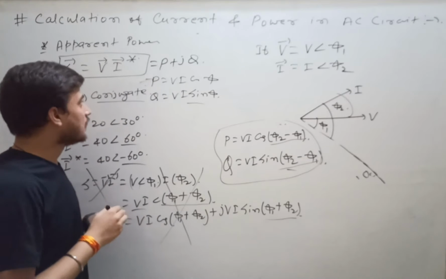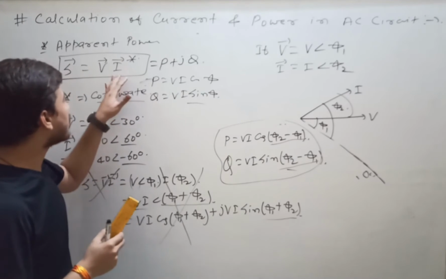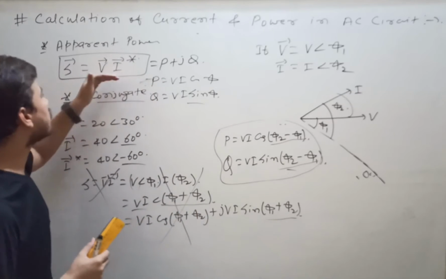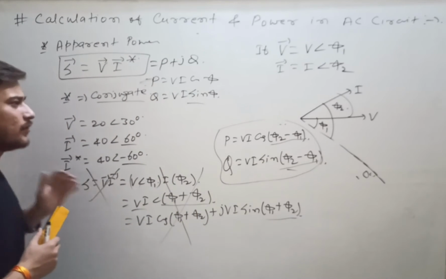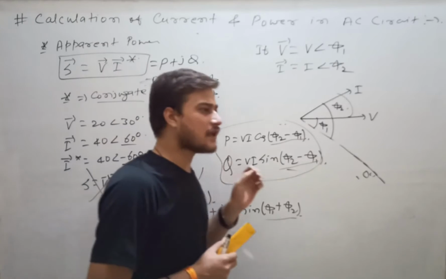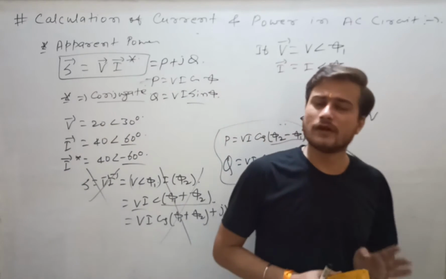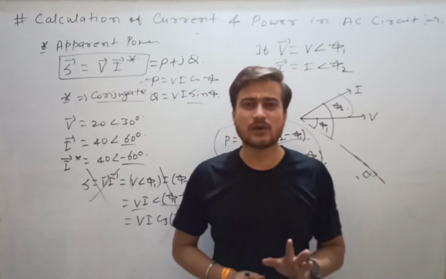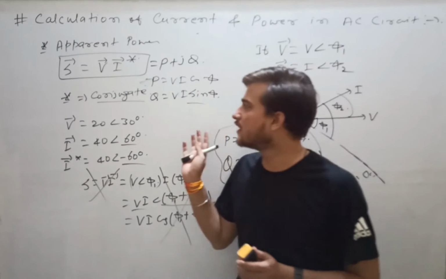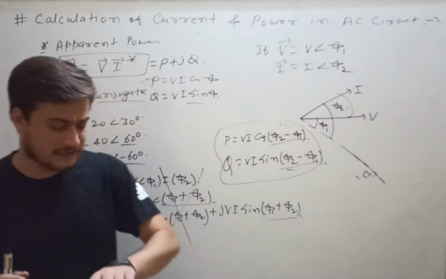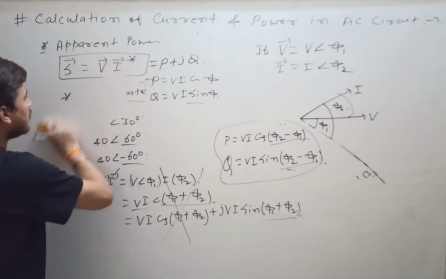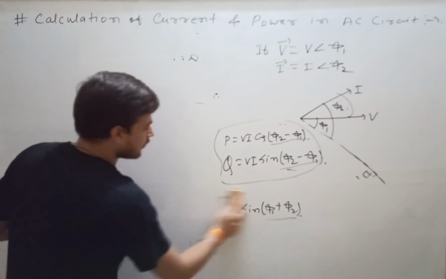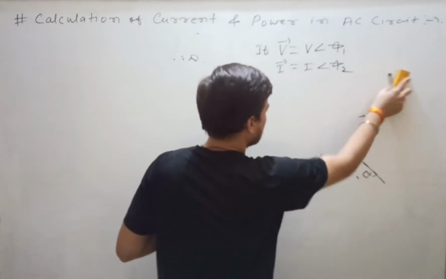That means you are going to make the conjugate of current I. Next your question will be, why the conjugate of current only? Why not of voltage? Because generally voltage is taken as reference. So you have to take the conjugate of current. So I think it is now clear. That means the concept of power is now clear to you. Next, let us solve some previous year GATE questions on this topic.